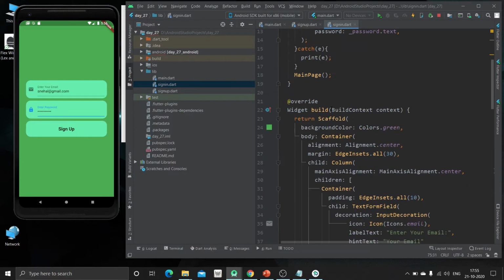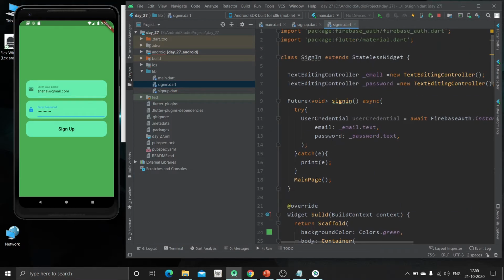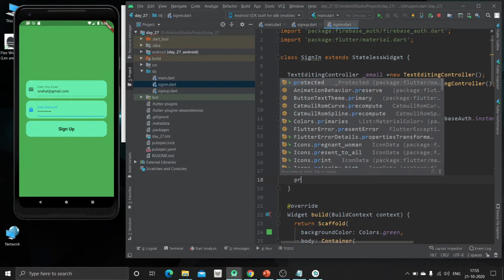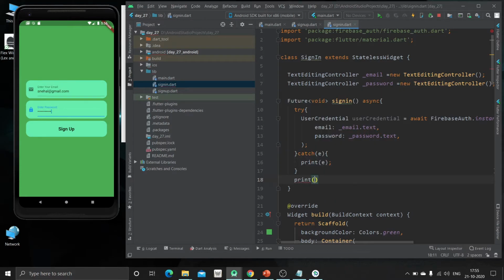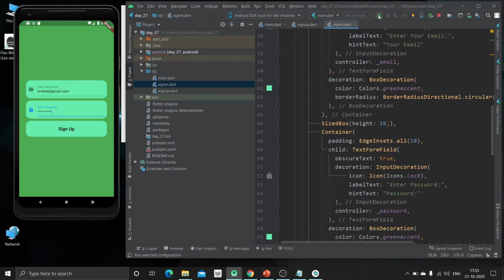So as this page is not calling, let me just print whether the user has logged in successfully or not. Sign in successful. We are going to print this statement and just reload the app from the beginning.